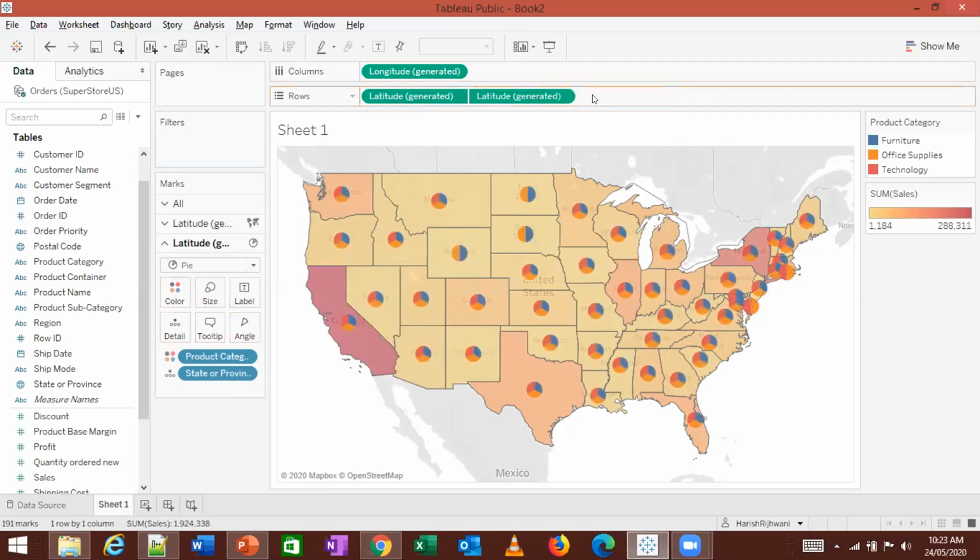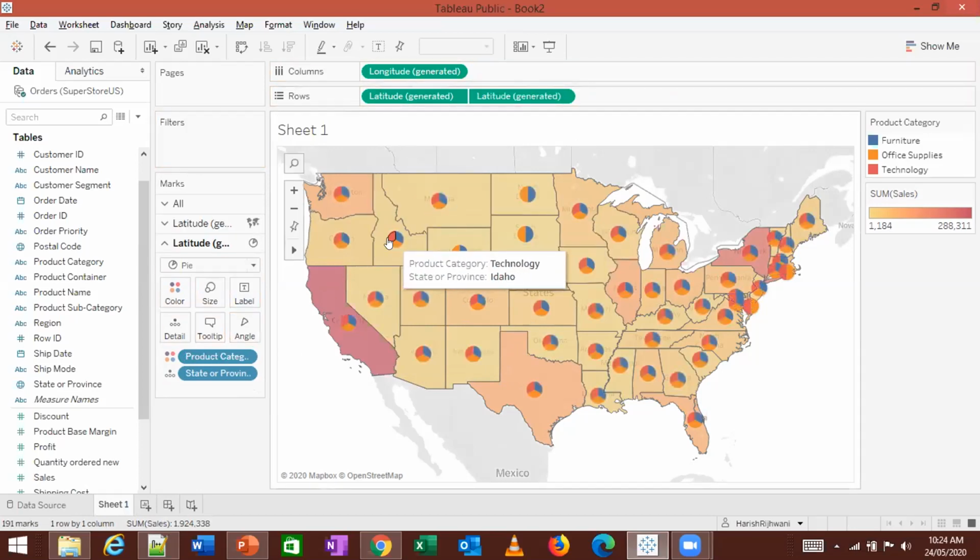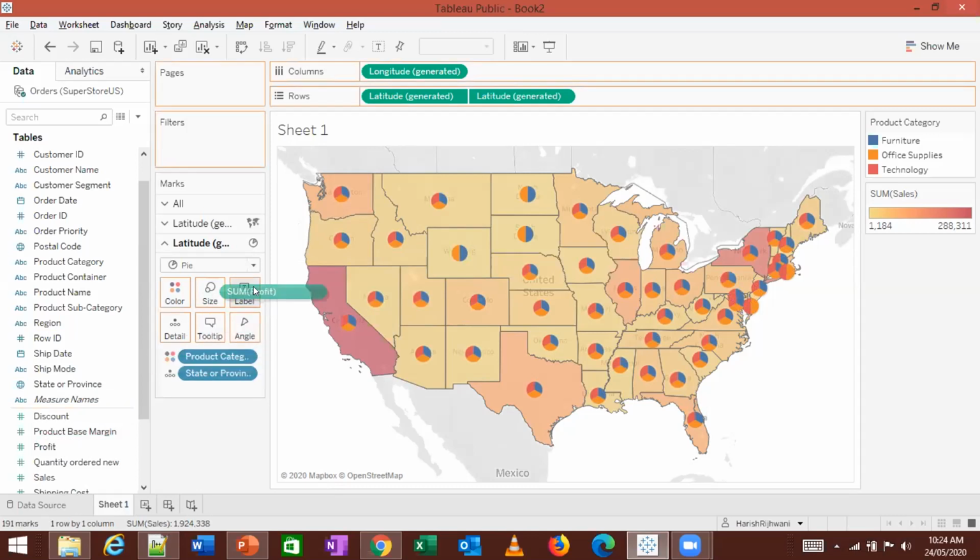Let's see, I put it on the right. Okay. When I put it on the right, I'm able to actually see the values. If it was on the left, I'm not seeing this breakup of the pie chart. So I put that on the right. So now I'm seeing the pie chart and I'm able to see the differences in terms of the profit margin. And I can put profit margin on label.